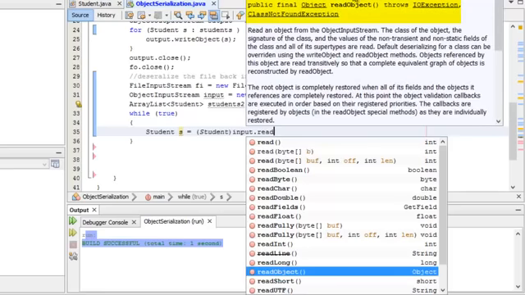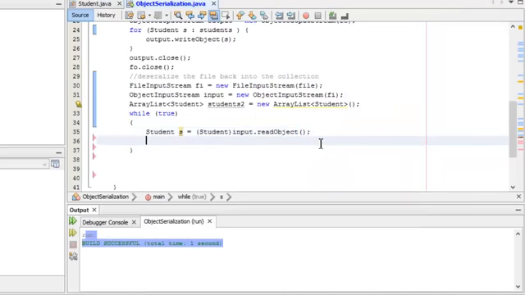When you read an object, it returns an object back. I need to cast that object or treat the object that I read as a student before I assign it to an object of type student. I need to explicitly cast the object. And then let's add it to the collection,